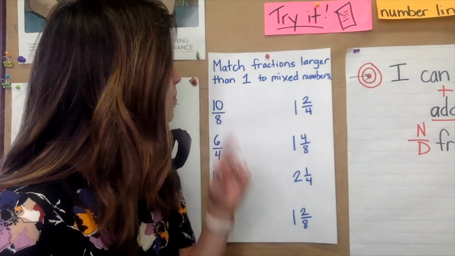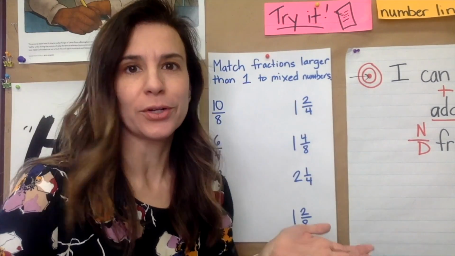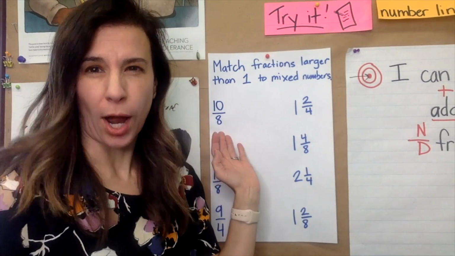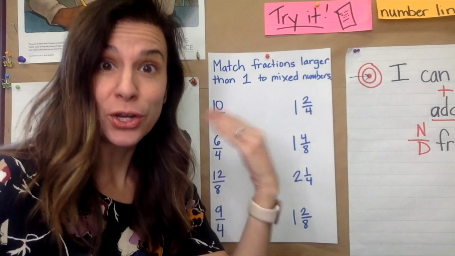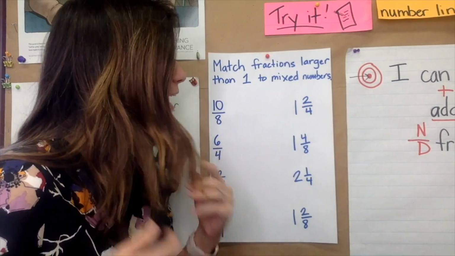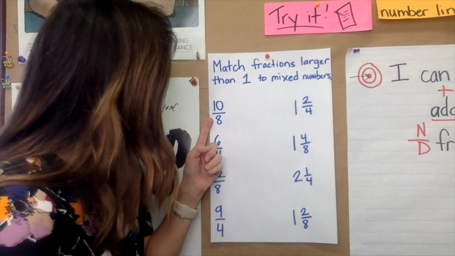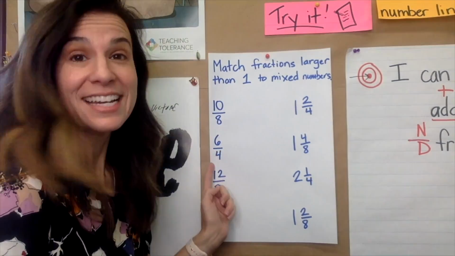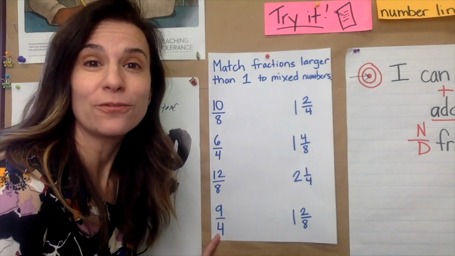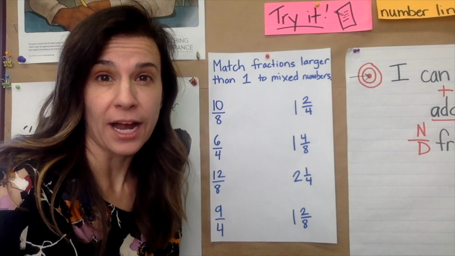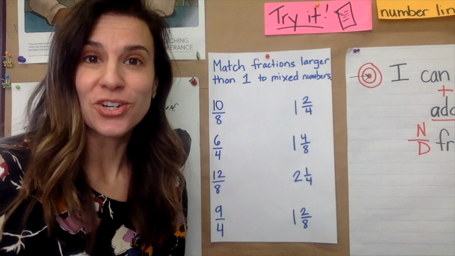For Figure It Out today, we're going to be matching fractions larger than 1 to mixed numbers. Sometimes people call these improper fractions, but they still have a numerator over the denominator. So I sometimes just call them fractions larger than 1. Take a look: 10/8, 6/4, 12/8, and 9/4. We know that those are all fractions larger than 1 because the numerator is larger than the